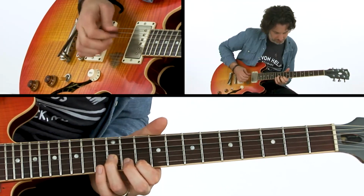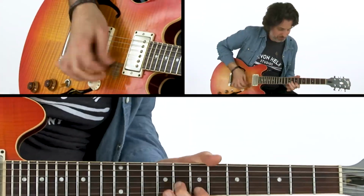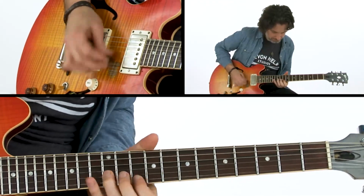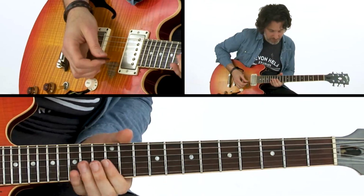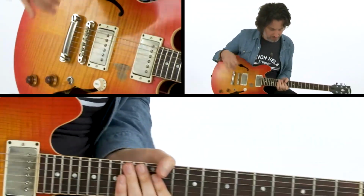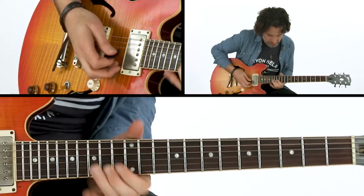10th fret, 9th fret. I mean, you could play a whole solo just with that. Finally, get up to the 12th fret. Everyone knows this position. So that's all basic 12th fret minor pentatonic blues. Then I do this thing,